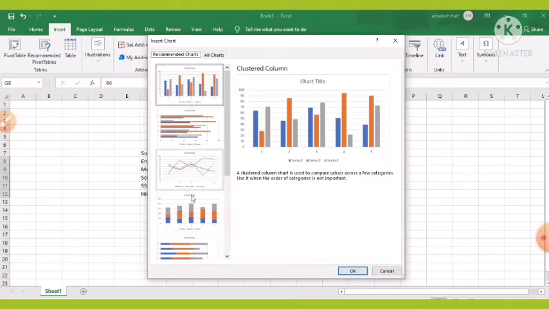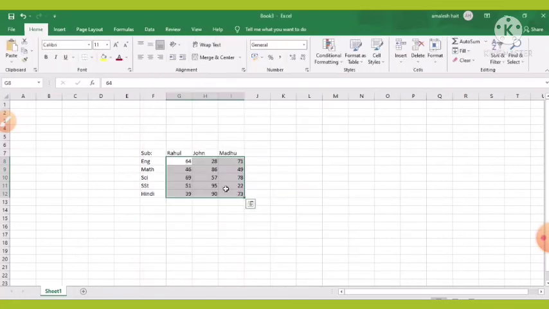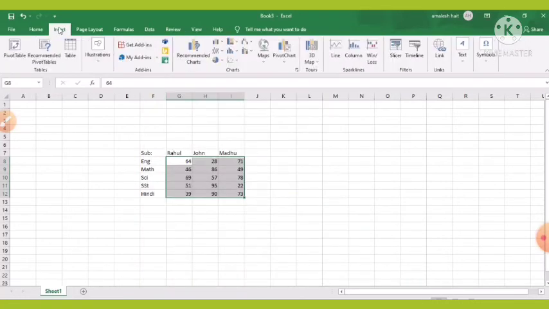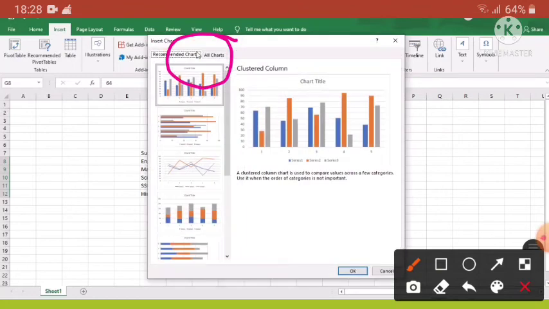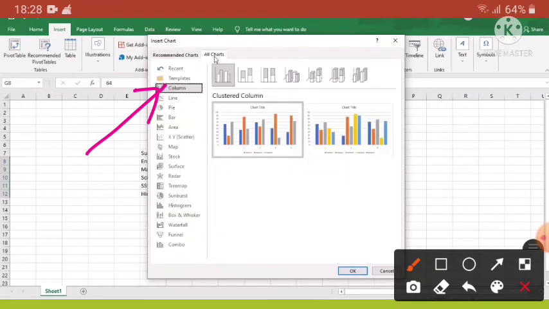So we are now following these steps. Step number 1: first select the data for which we want to create the chart, then select the Insert tab, then select Recommended Charts under the Charts group. After clicking on Recommended Charts, this will open the Insert Chart box.